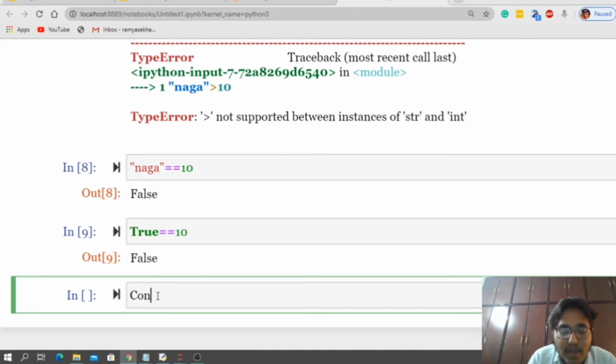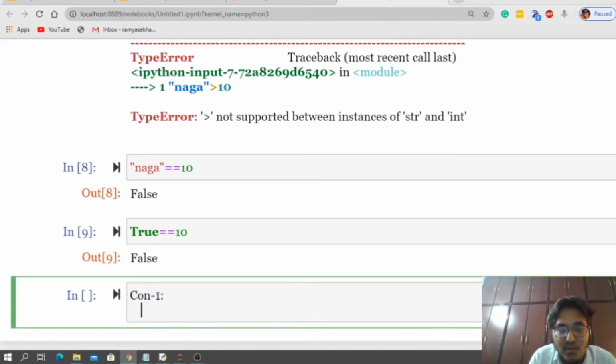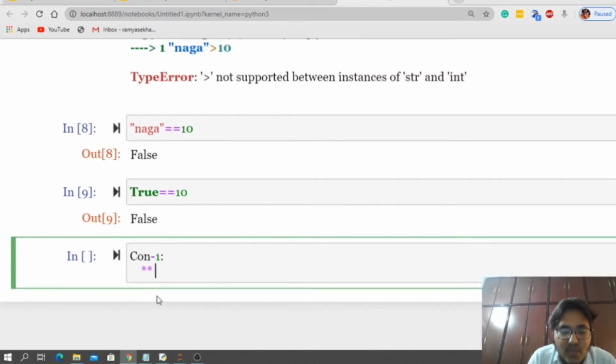So, conclusion number 1: if the types are incompatible, we get false as the output if we are using the equal to operator.